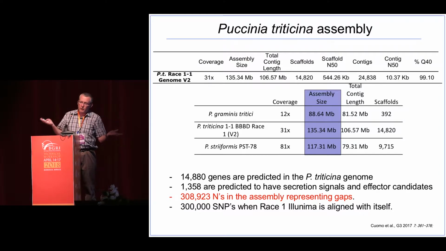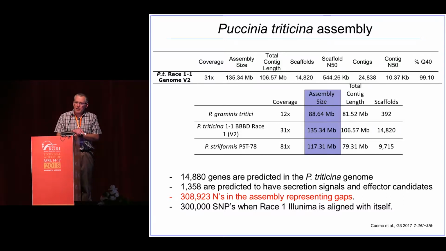So there I was working in wheat, which is mostly repetitive DNA. Now I'm working on another organism full of repetitive DNA. I'm a glutton for punishment. But anyway, we figured out that P. triticina had around 15,000 genes. Of those, 1,358 had secreted peptide signals. So those are the ones that we are considering are effectors, and also ones that we consider